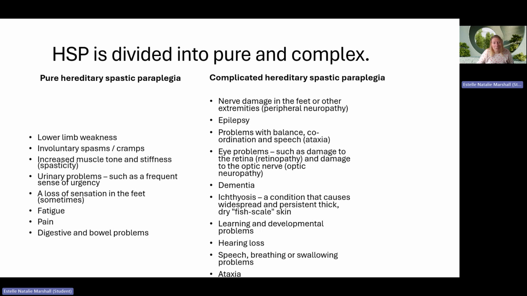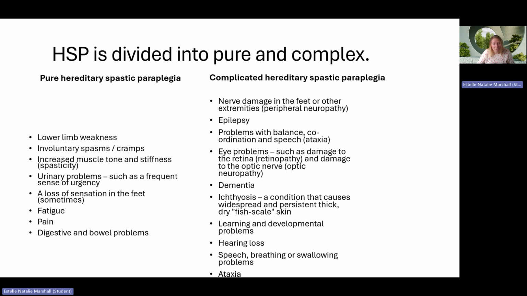Now the pain can be caused from the spasticity, or it can be nerve pain, or musculoskeletal pain because of altered gait pattern, an altered pull of muscles, creating more wear and tear in the body. Digestive and bowel problems. Okay, whereas the complicated form contains all those symptoms plus one or more of